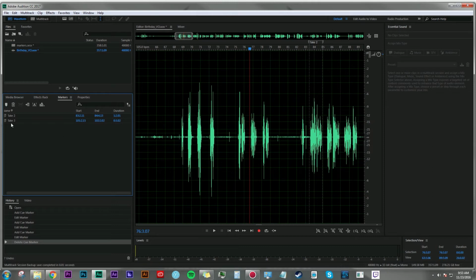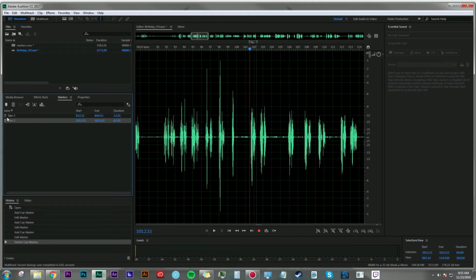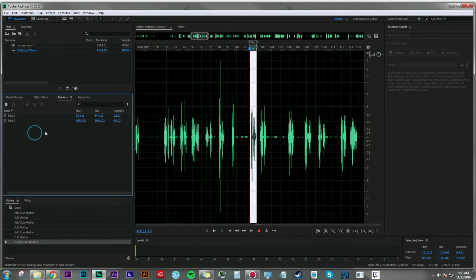Now, to quickly get back to where I was over by take 3, I can hold down Alt and hit the right arrow key, or I can just simply double click and there it is and it's instantly selected. Let's say I've marked out the takes that I like, and now I want to export those selections as separate